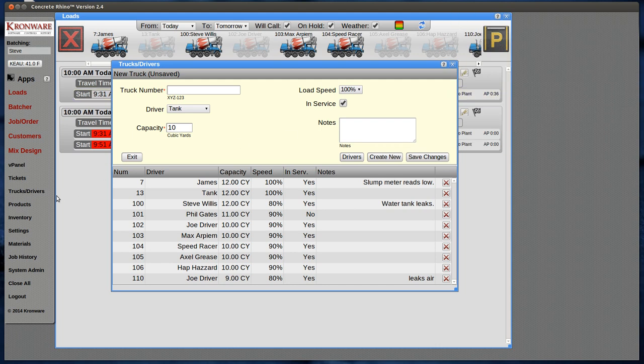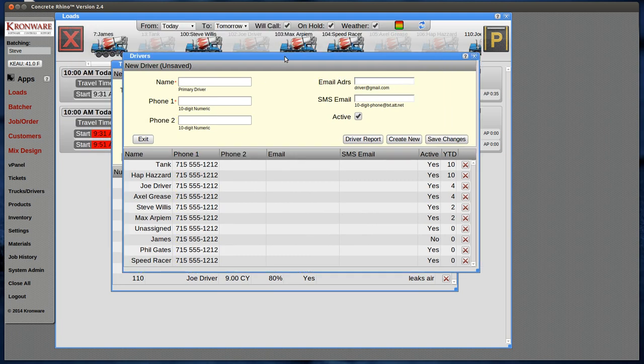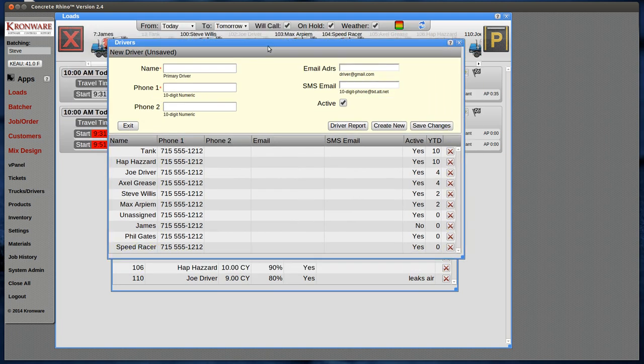The driver's app is launched through the Trucks app. To limit the number of apps in this launch bar, some similar apps are launched from within another. Once we open the truck driver's app, there's the driver's button, which opens the driver's app. I guess the most important thing to learn here is drivers come and go,